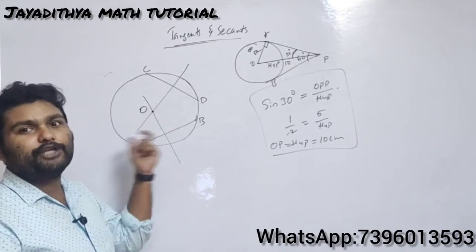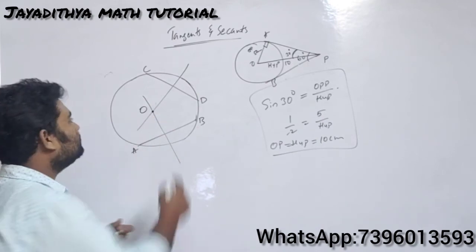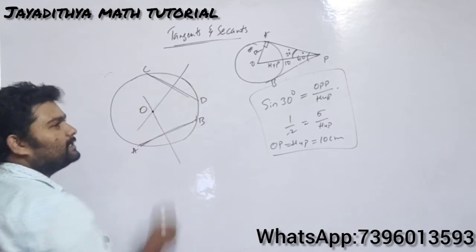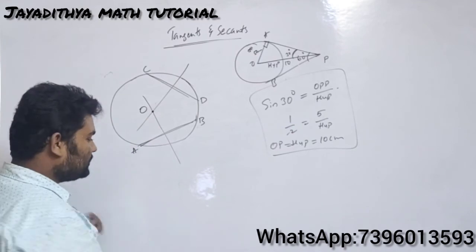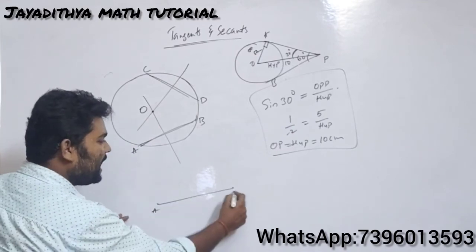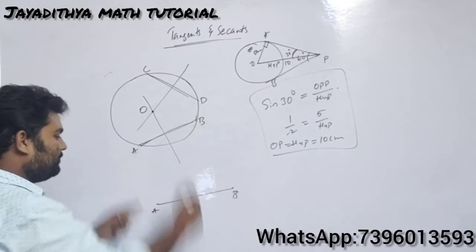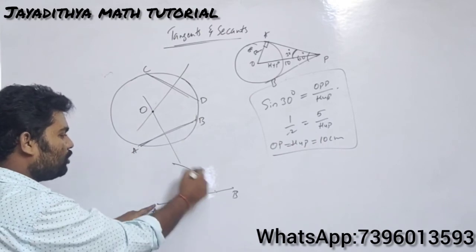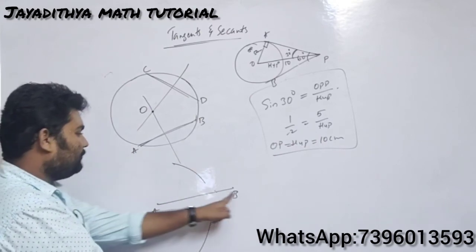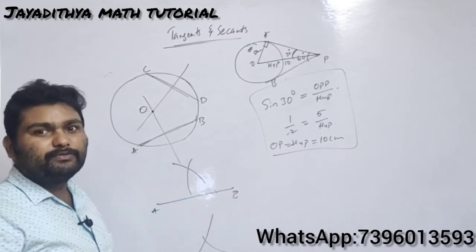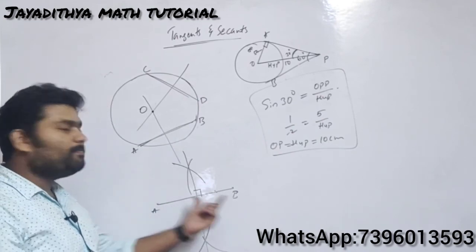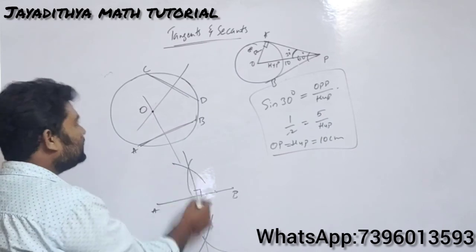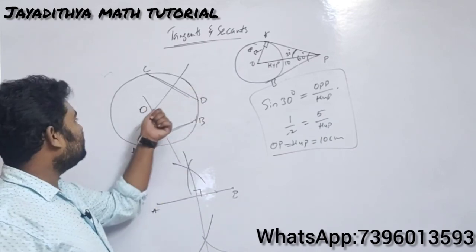The only thing is here you need to find the center. For that, take 2 chords. Draw any 2 chords like this and draw the perpendicular bisector for both the chords. How to draw the perpendicular bisector? For example, AB is a line segment. From A, take more than half radius, draw an arc here and here, at the bottom. From B, cut the same arcs with the same radius and join them. Definitely it will be perpendicular and bisecting. In this way, you draw both perpendicular bisectors and you'll get the center.